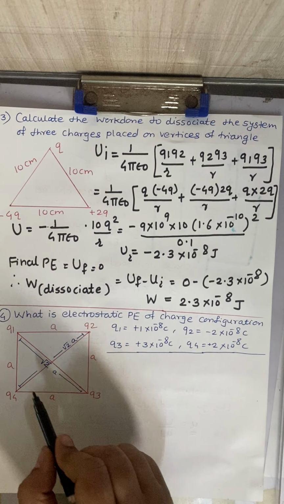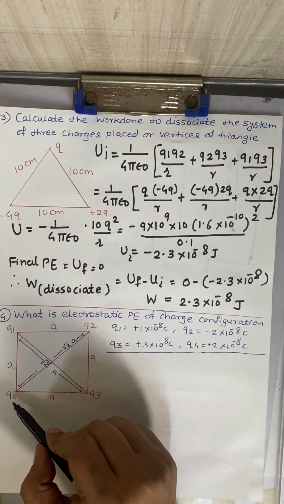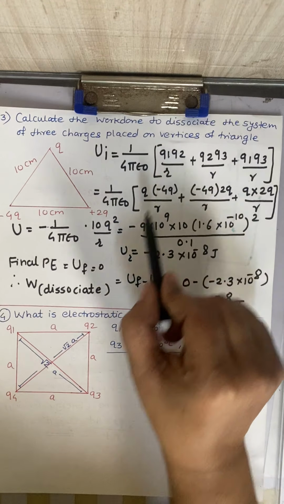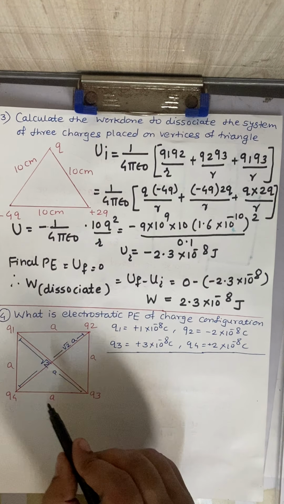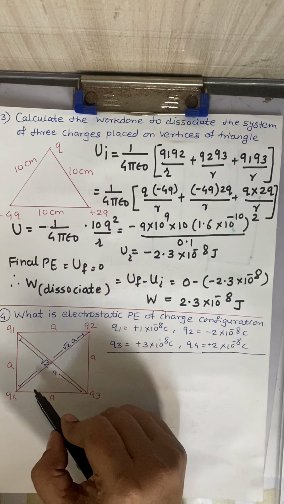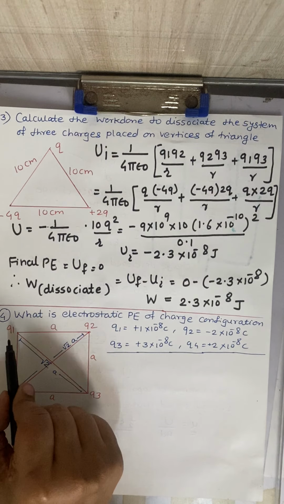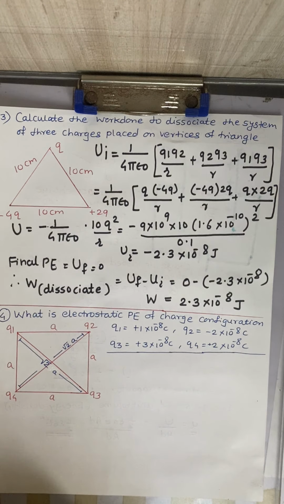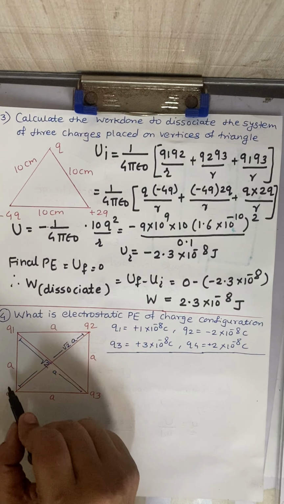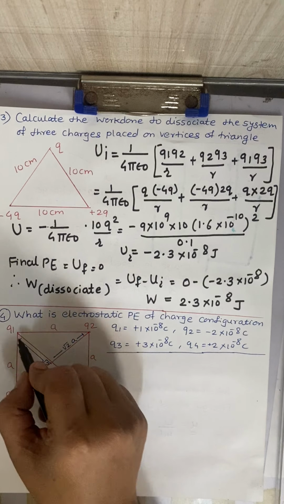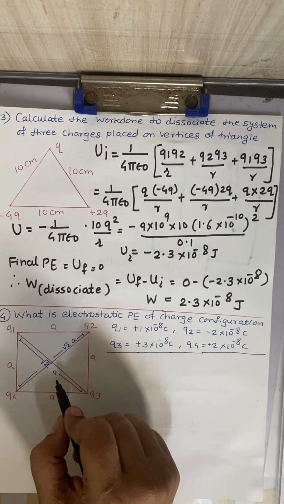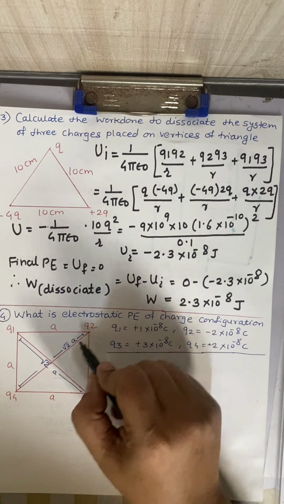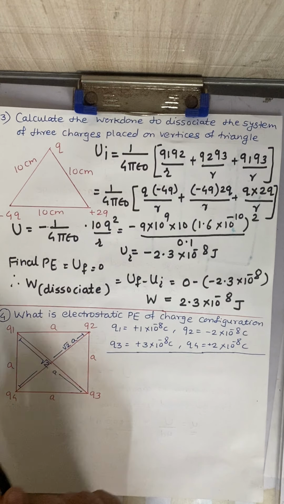In this case also we have to consider the potential energy of one charge with respect to all the remaining three charges. In a similar way we are going to calculate the potential energy. So we require the diagonal of this square also, and the diagonal of this square, that is nothing but the distance between q1 and q3 or the distance between q2 and q4, can be found out by the Pythagoras theorem. We can see that this side is a and this side is a, so this will be root of a square plus a square, so it will be root 2a. Similarly the distance between q2 and q4 is also root 2a. So I applied the Pythagoras theorem.